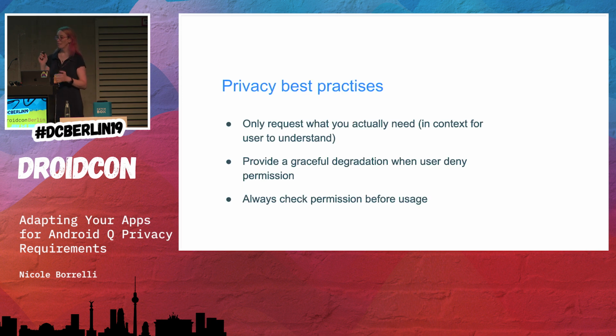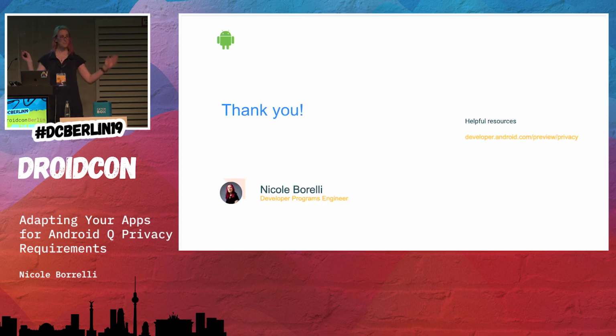Again, the takeaway is to try to only request permissions that your app absolutely needs. Provide fallback behavior for when the user doesn't grant your app permissions, and always make sure to check your permissions before you're accessing restricted data, so that you don't end up with crashes and that sort of thing. And that's